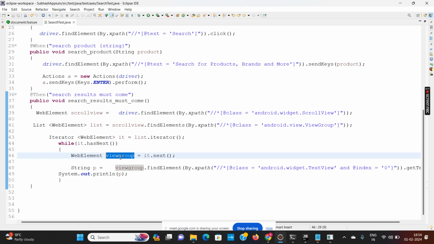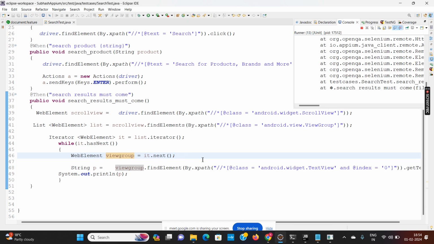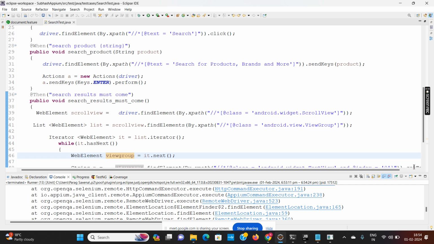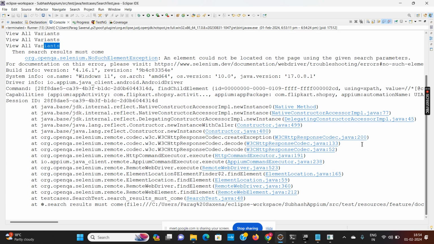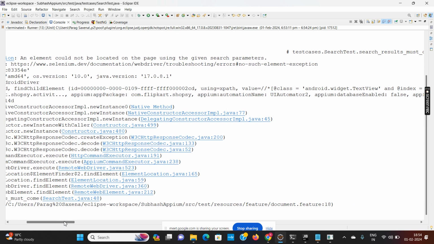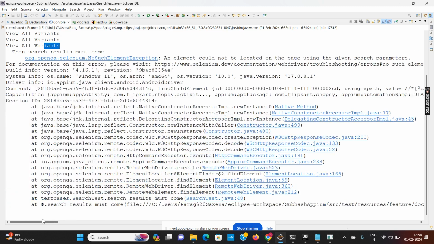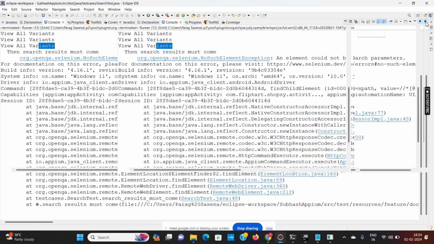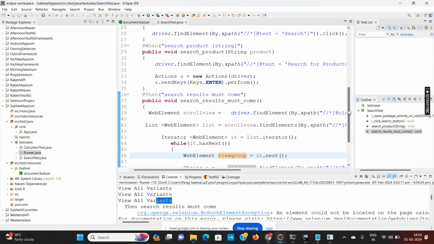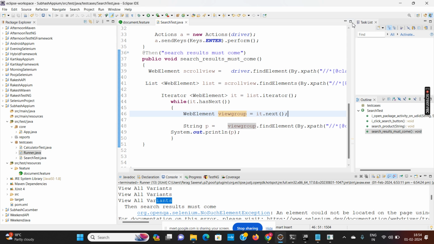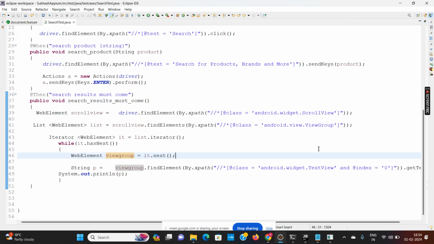So from the view group only, let me... an element could not be located on a page. The given parameter. Sorry, okay, let me refine it.